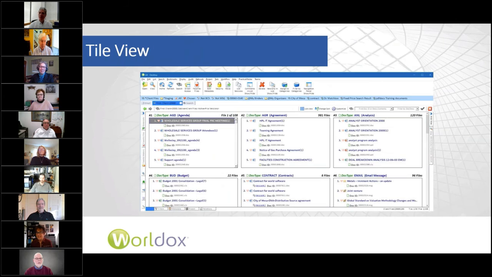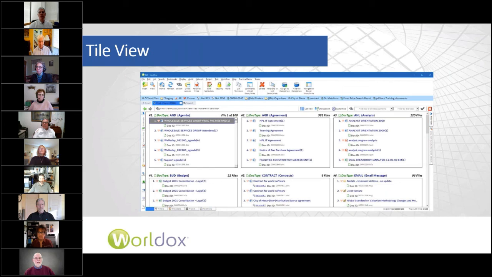Yep. Okay, Van, I think you were going to tell us a little about tile view. Well, yes, in combination with some of the filtering that we've looked at, filtering to show, filtering to exclude, one of the views available in Worldox is this tile view, which will group your work list according to your sort order. You can sort before or after, but I have a number of lawyers I've worked with who like to see and like to review the tile view so they can see their documents grouped by document type. So they know that they're going to be looking at a particular analysis document that has a unique doc type,